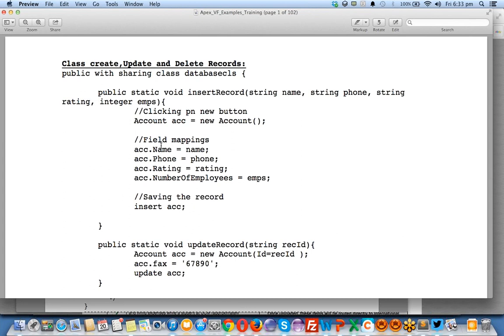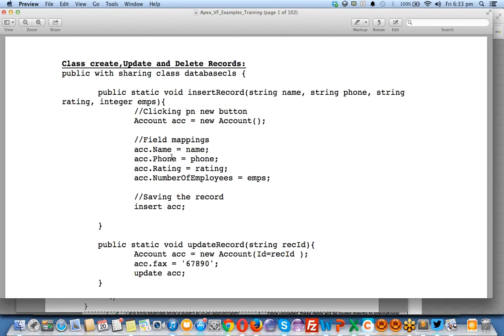acc.name, I'm passing the value which I'm getting from the parameter here. I'm setting acc.name equal to name, because I'm referencing the field with object dot field name and passing some value. This name contains the value you get from these parameters.